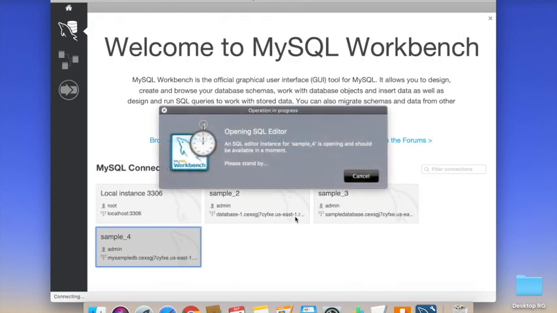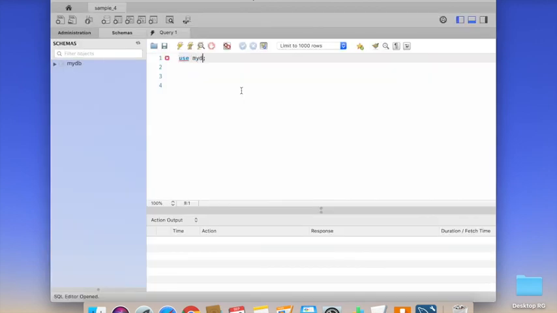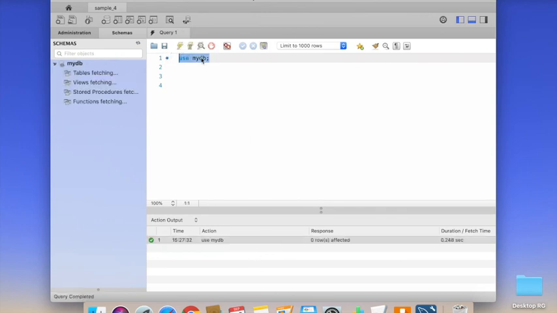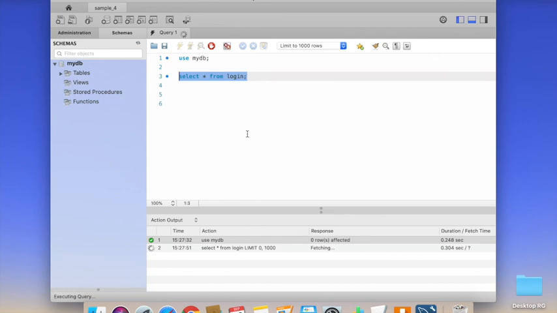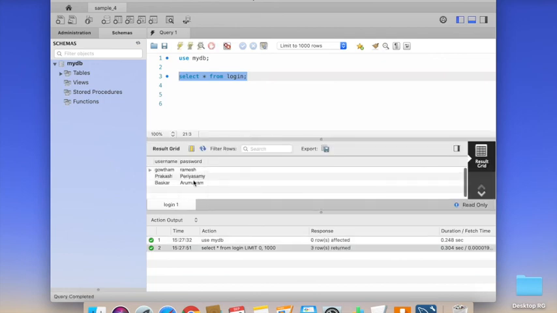Now enter into the wizard, use MyDB. As this is a recovered database, the table will already be there, so you can directly use the commands on the existing table. So this clearly shows the database is recovered from the snapshot.